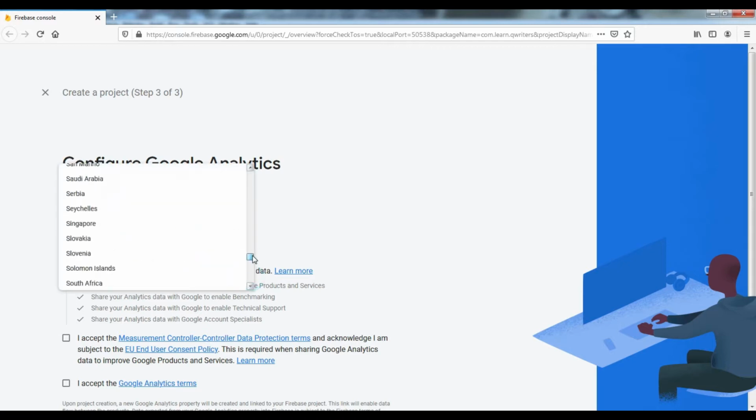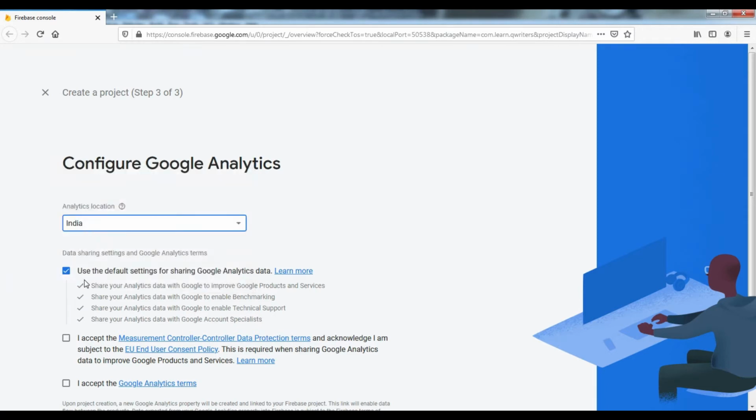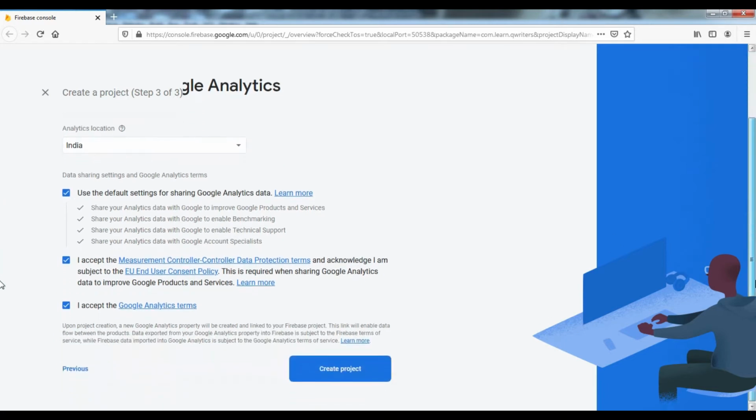Suppose we are in India, we'll choose India. Let me just scroll it down, select India, click on all the checkboxes and click continue.